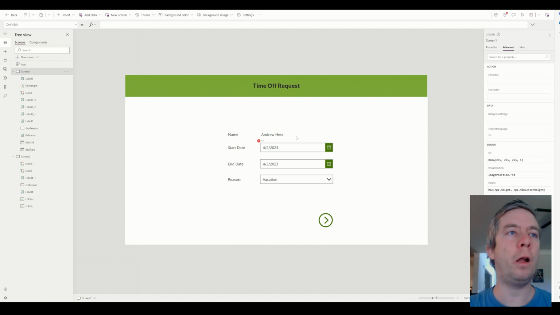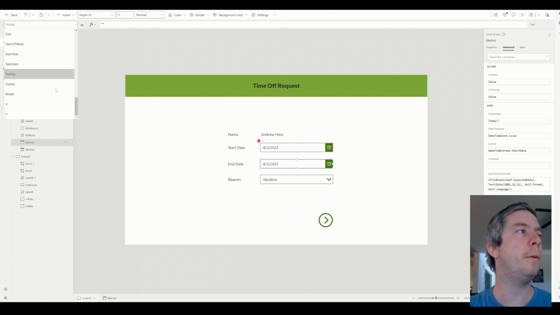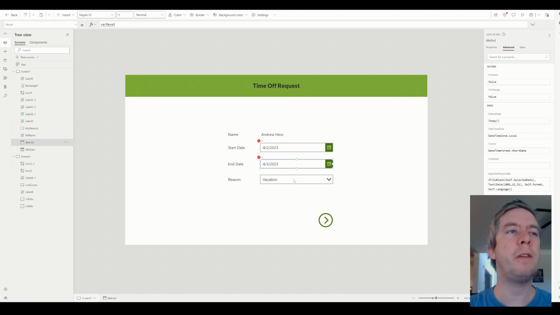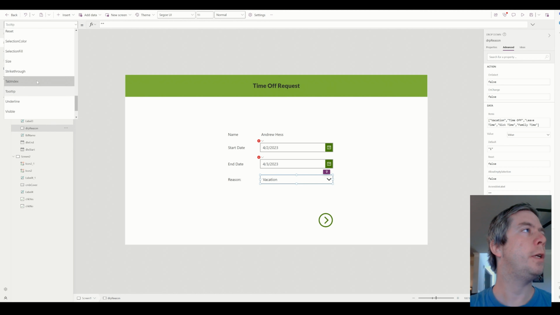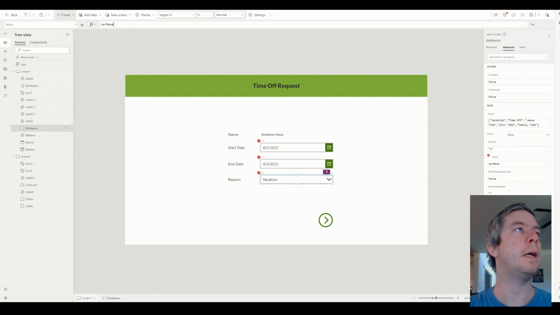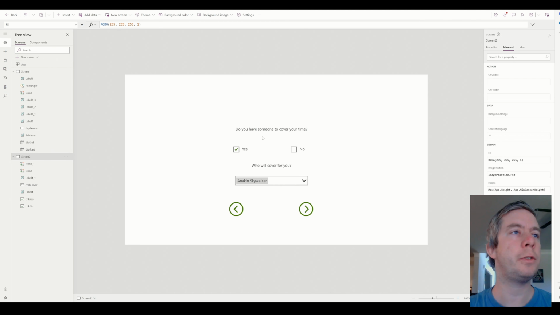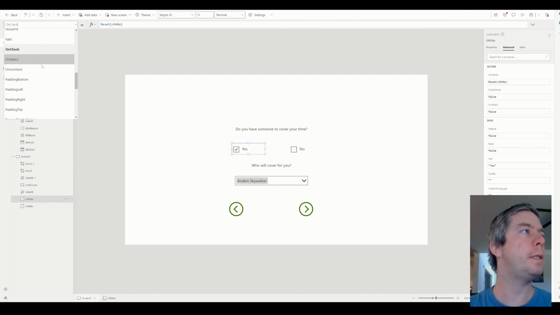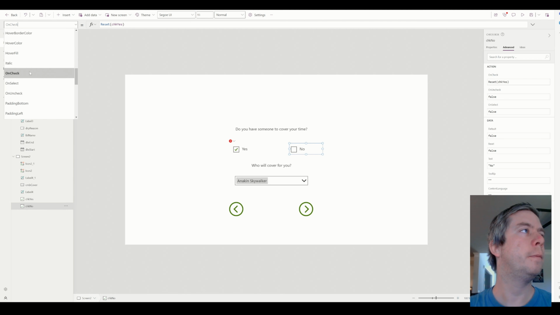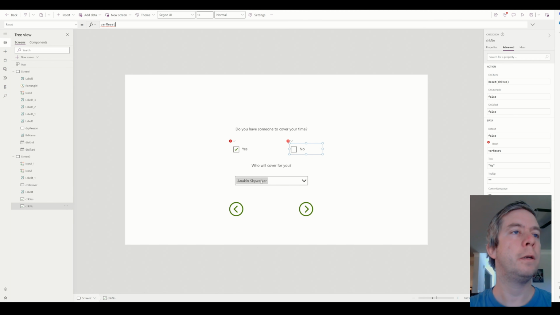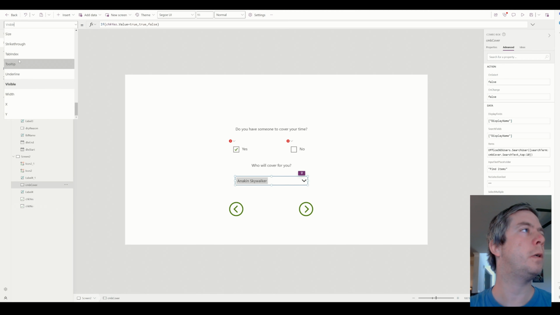I'm going to do that on all of my field types. So right here, reset, variable reset, and it's giving me a red X, that's fine. Change the reset to variable reset. On the next page, reset, variable reset, same thing here. Variable reset. Finally, here on the last one,